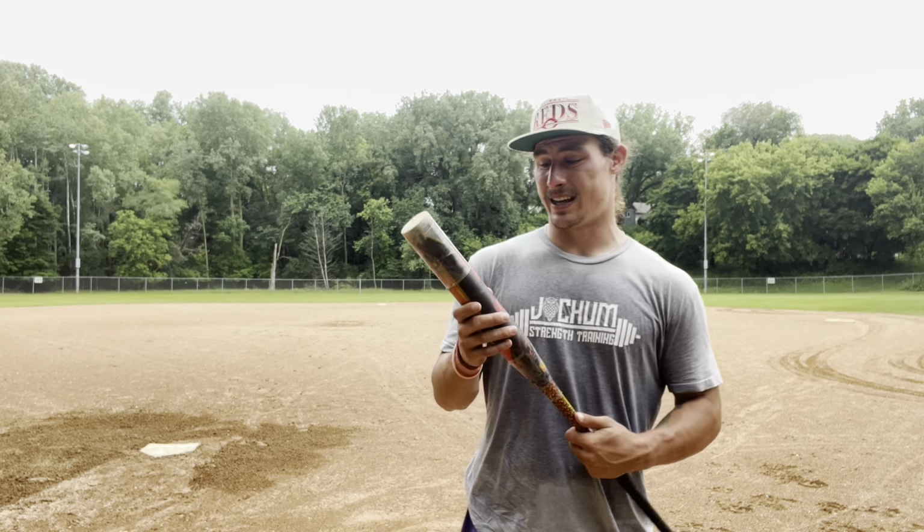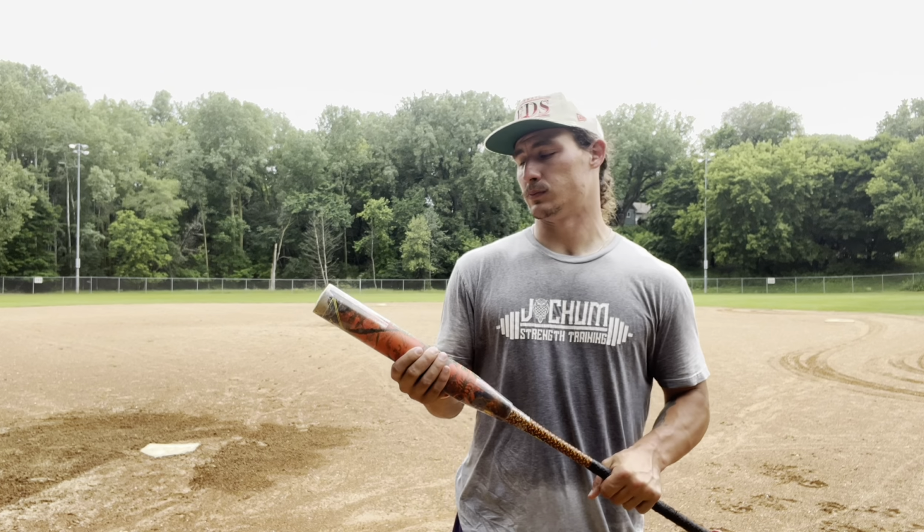That bat lasted 4 years, but once it did break in, the exit velos off of it were 110 on a barrel. It was smoked, dude. That thing was fire once it was loaded. Didn't love that bat just because it was a 27-ounce bat. I ordered it from a rep, and the rep ordered the wrong bat, so I had the wrong ounce. It just felt too heavy for me, so I didn't enjoy that one as a gamer, but used it as my